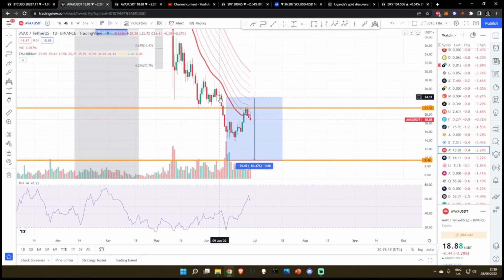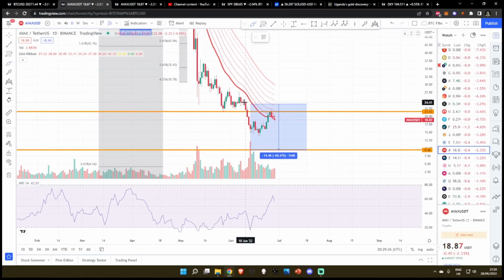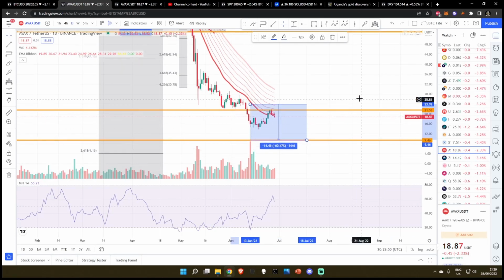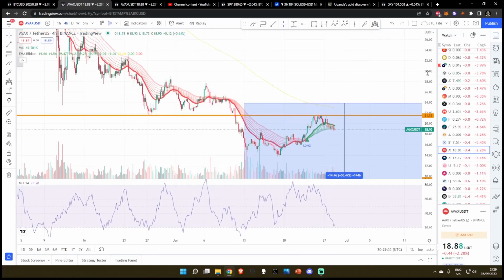In the last video, let's head over to the daily. Where were we? We must have been here. We were on the 10th of June. It's been a little while since I covered AVAX, but we basically highlighted here as we were losing momentum and falling to the downside after retesting these daily EMA ribbons, we were going to come down. This is what we predicted all the way back on the 10th of June, and after that prediction we fell 43%, and I was predicting a 60.5% drop, and I subsequently do still believe that is coming into fruition. So another 49.9, basically 50%, another 50% to the downside is what we are going to be seeing for Avalanche. I really don't think we need to complicate it any more than that.